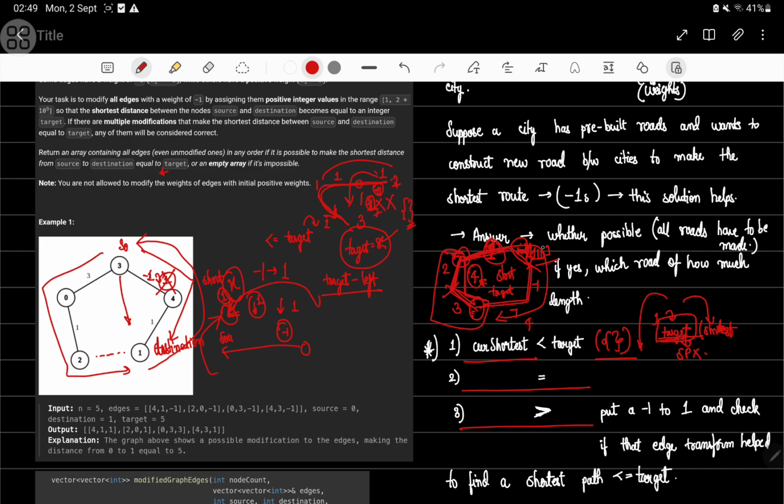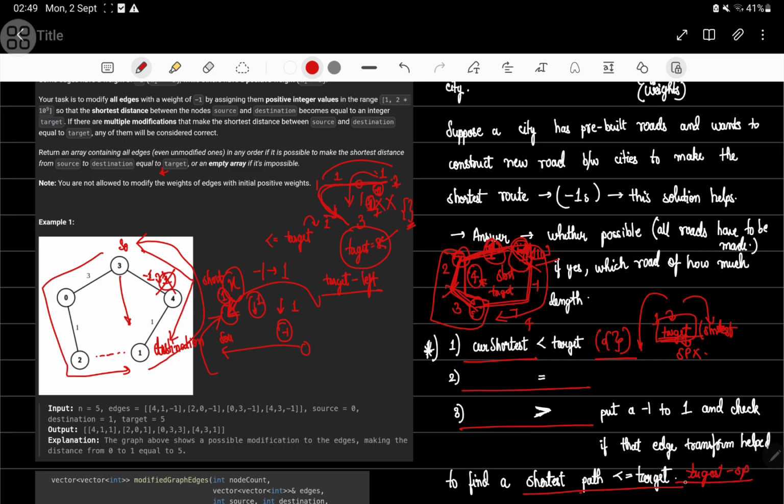Now I found out that sometimes the shortest path is less than or equal to the target. Now I know that this path gives me a value which is less than or equal to target. If it is equal to target, very well and good, everything else can be marked as infinity. But if it was not, then the last road that I changed to 1, I have to also account for target minus this shortest path